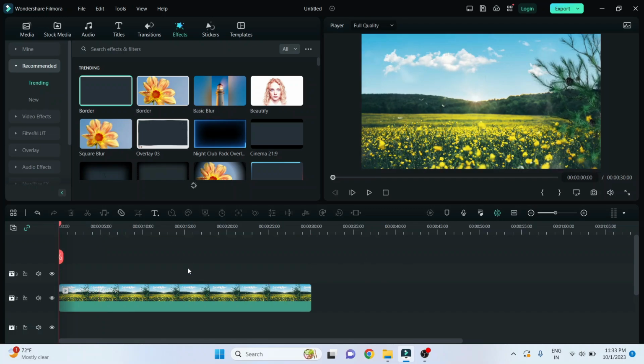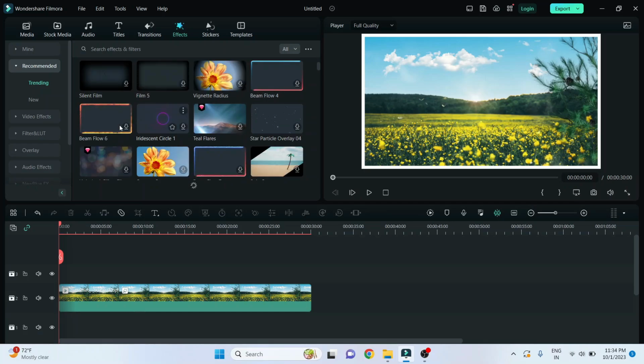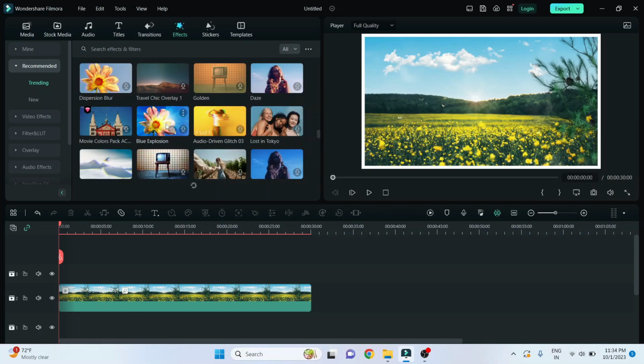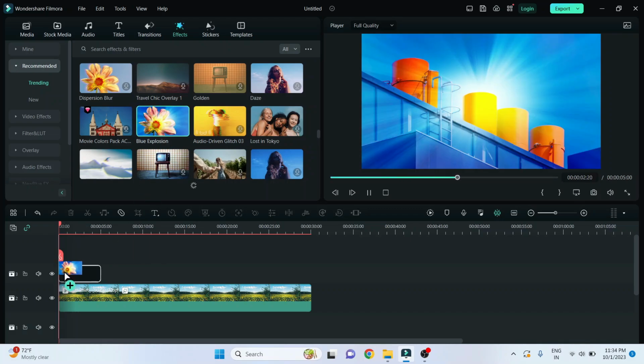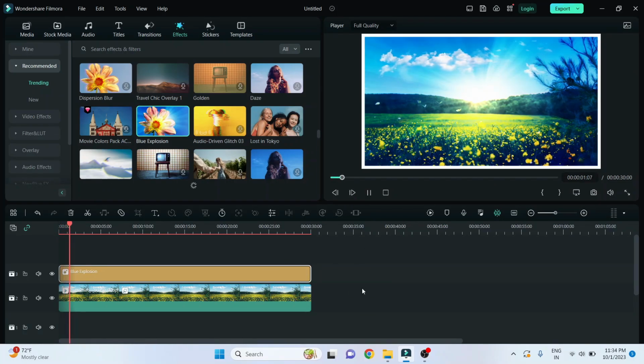So I just delete this, and one more way is guys, if you select this effect, then you can drag it into the video also. Like this you can add the effect. So one more effect I will show you. Now guys, let's add a new effect. Simply click on the download option. Now apply it on here. Now make it as at the end, and let's play the video. Now here you see guys, our video is completely changed because we have applied a new effect.